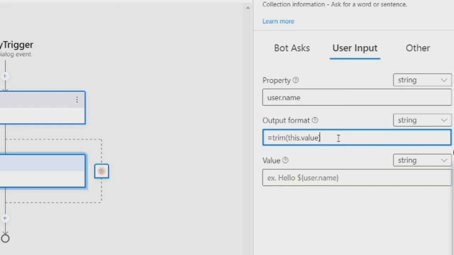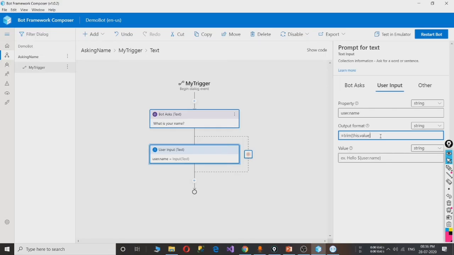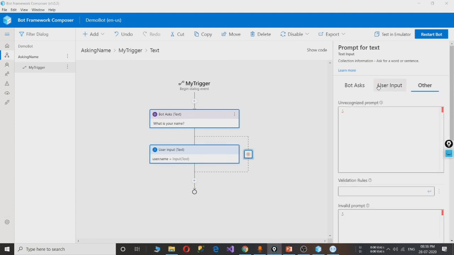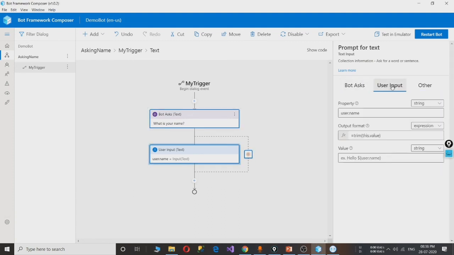Suppose I want to trim extra spaces if unknowingly the user entered a space while giving his name. Now in the value section you can give some predefined value also. I am not giving anything over here because I want to ask it from the user. This is fine for our requirement.